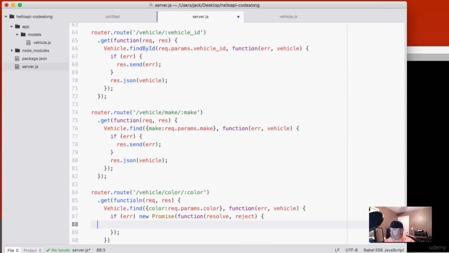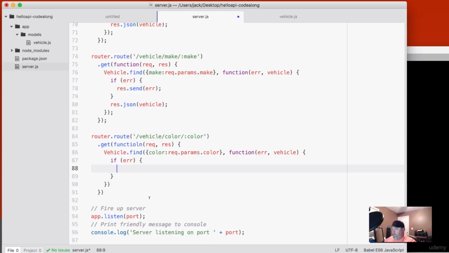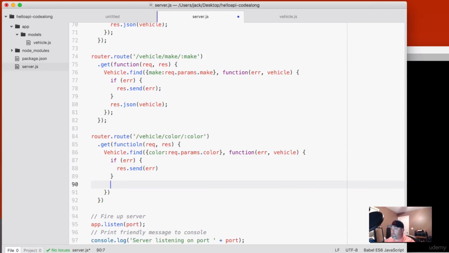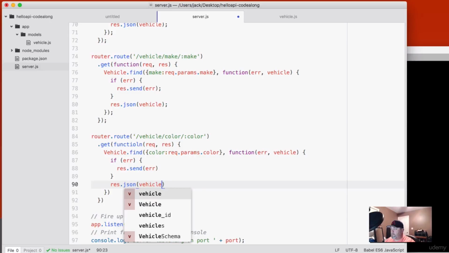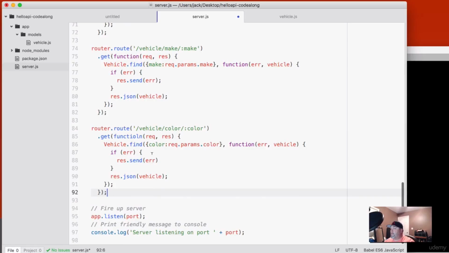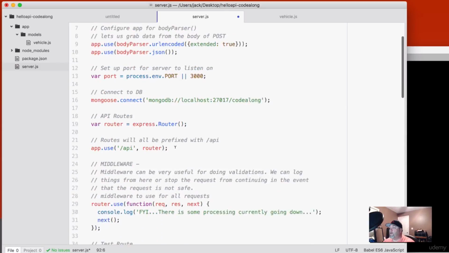That just auto completed because I hit a wrong key. So if we get an error, let's see, we don't need that. So if we get an error, we're just going to send that back in the response. Otherwise, we'll send back the vehicle as JSON. All right. Now then, unless I have made a typo somewhere, I think that should be just about all we've